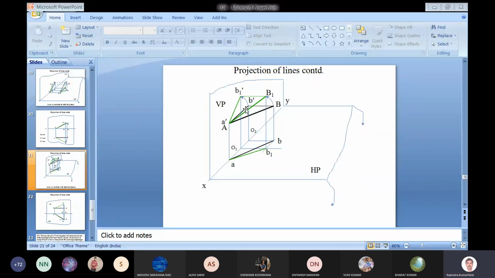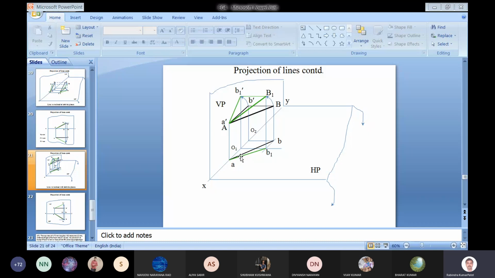So a similar procedure can be adopted to draw the projections of the line which is inclined to both the planes. First of all, we will rotate the line AB in this direction, so that we can get a line which is inclined with both the planes. That line is AB1, and we can get its projection onto the vertical plane as A dash B1 dash, and A dash B dash is the shortened length, and in the horizontal plane its projection will be AB,